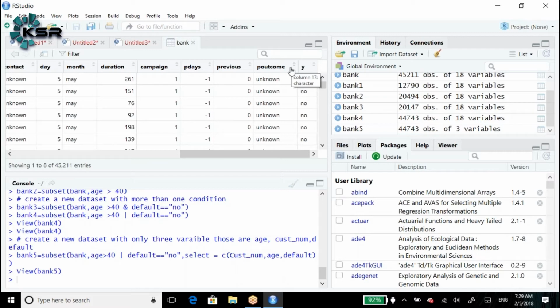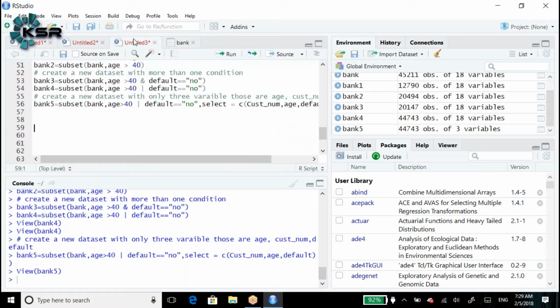We need to print all the remaining ones. How do we print that? Use minus. Simply take the condition and create a new data set by not selecting some of the variables.